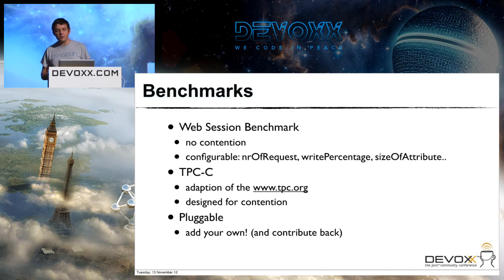The thing with the web session benchmark is that there's no contention, so you don't have at any point two transactions writing on the same key set. It's quite configurable. You can configure the number of requests, the write percentage, and the size of the session you manipulate. But that's more of a generic benchmark. To test how the grid behaves under concurrent access, with multiple transactions writing to the same key set concurrently, we have a TPCC